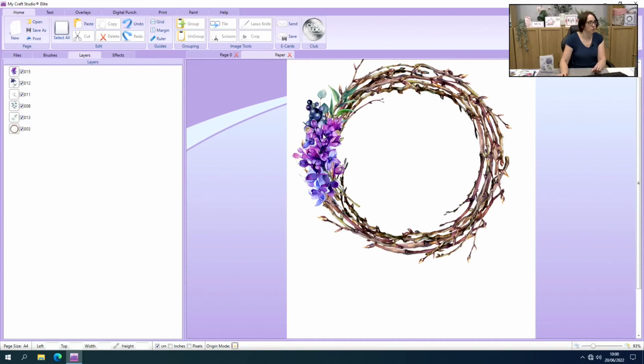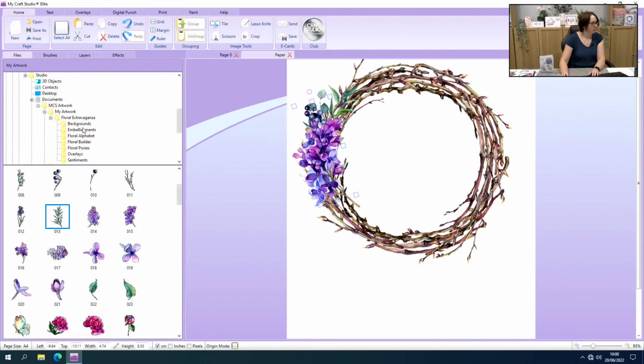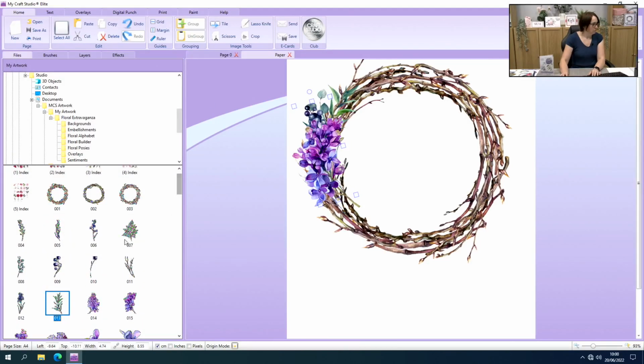So what we can also do, once you've got the top bit and you're happy with the top section, so we've got those berries there, I'm just going to rotate those around a little bit more, and I'm just going to add a little bit more foliage just around this area here. So let's grab another leaf and we'll go with this one. Yeah, that'll look